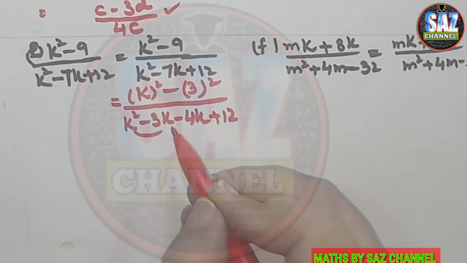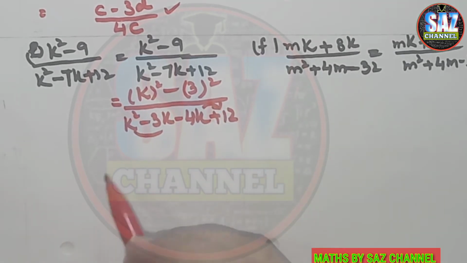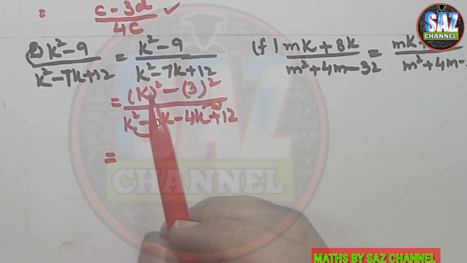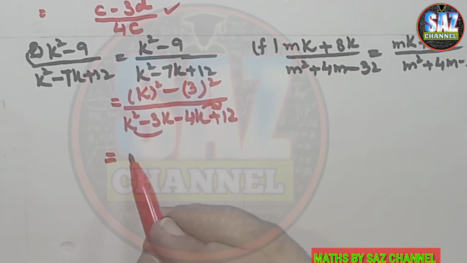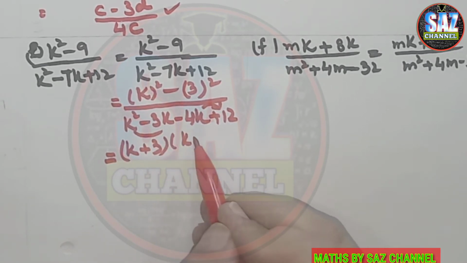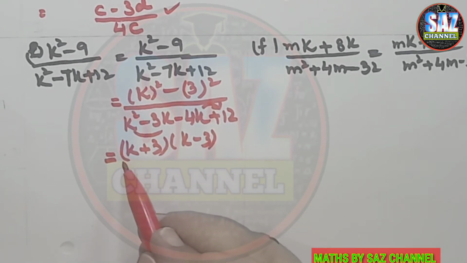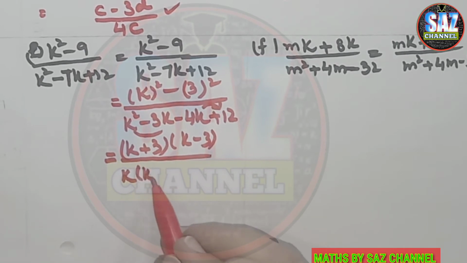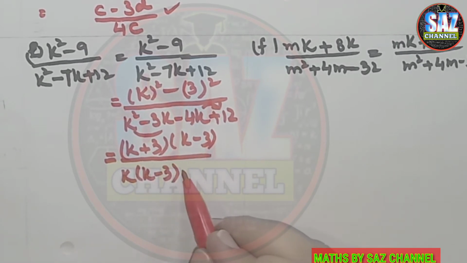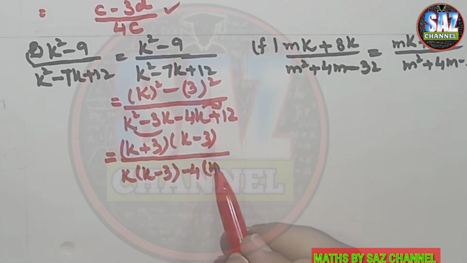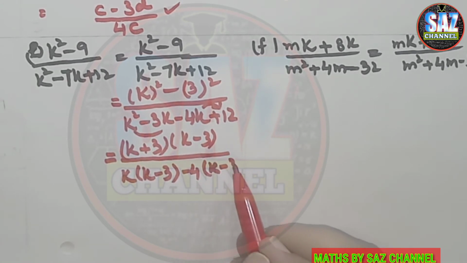Now make the groups of like terms and extract some number or letter as a common factor. My numerator will become in the form of a plus b multiplied by a minus b. So it will take the form k plus 3 into k minus 3, and in the denominator extract k out from the first group, and it will be k minus 3 and then minus 4, and then from the second group I have taken minus 4 out, and this is k minus 3,